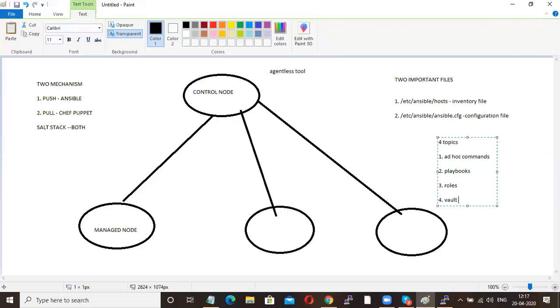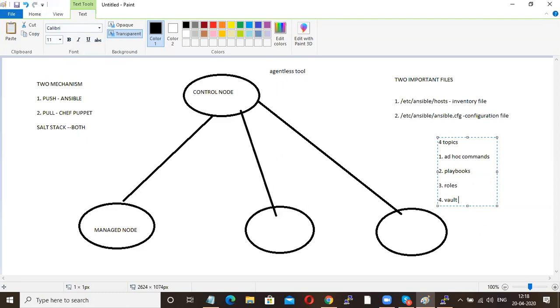What are ad hoc commands? Suppose I need to perform a single task or single activity, then you can go for ad hoc commands. Like, I need to install Apache software, or create one user called Damu.